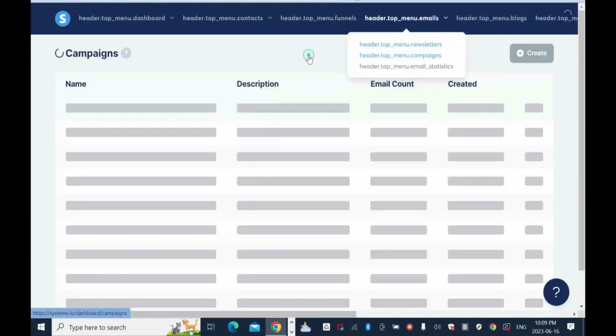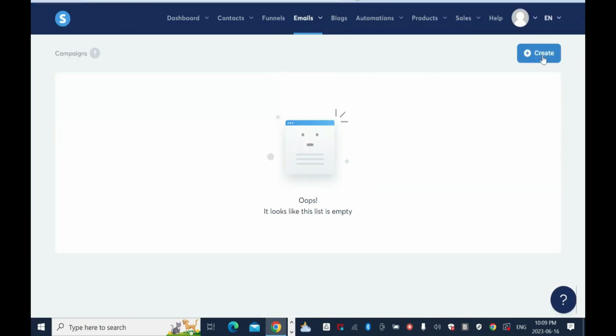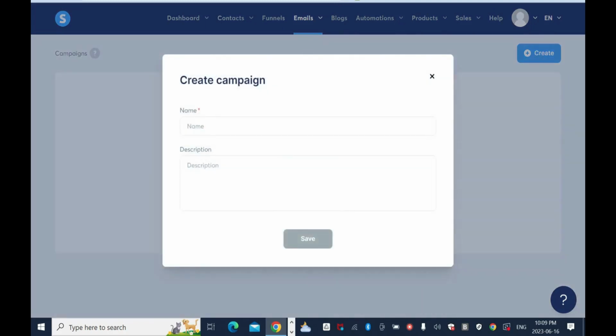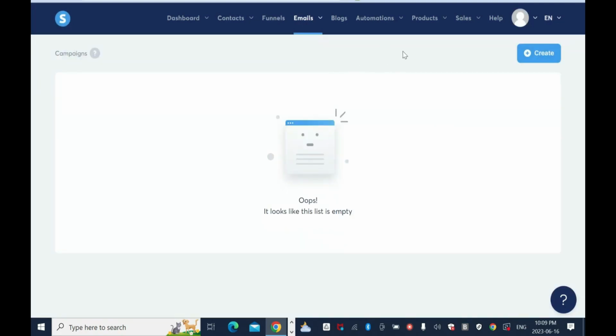You have your campaigns as well when people subscribe to your email list. Even if you are outside the country, then the email will be sent to them automatically without you doing anything. To do so, you click on create, then name it, give a description that attracts them. Then after you click save,